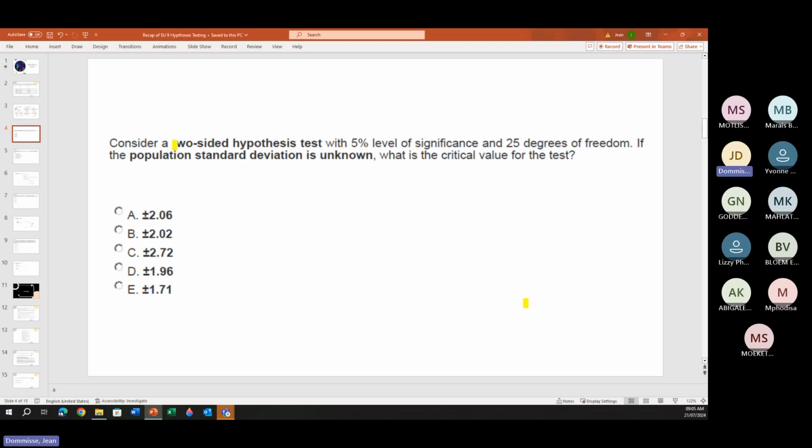So consider a two-sided hypothesis. There is your 5% level. They tell us 25 degrees of freedom. So that already tells us the degrees of freedom. If the population standard deviation is unknown, what is the critical value? Okay, so we must go and find that t-value where we have the degrees of freedom,